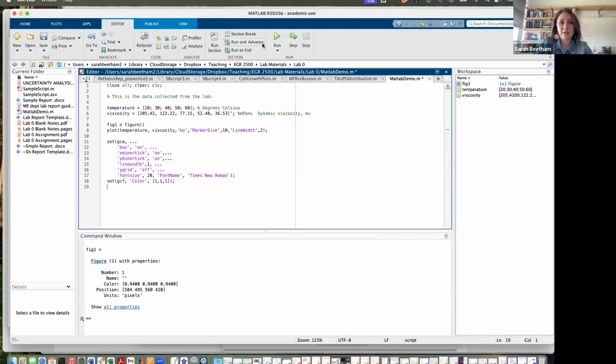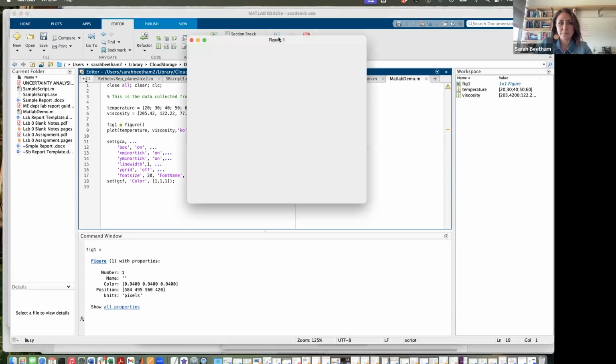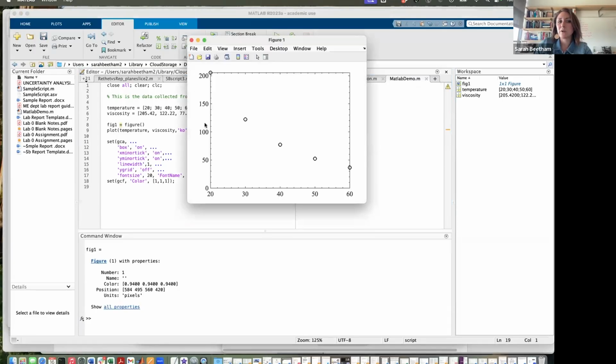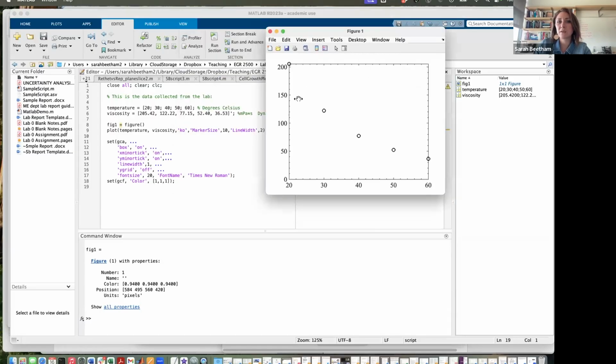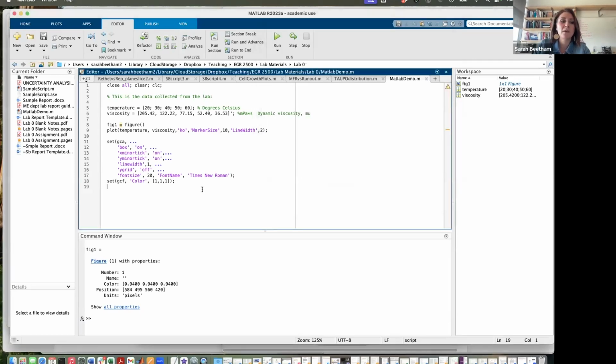Let's have a look at that. This used to be gray in this background before, now it's white. So when it saves this figure for us that we can use to put in our lab report, it's already ready to go. And we don't have that ugly gray in the background. Okay, so now let's add